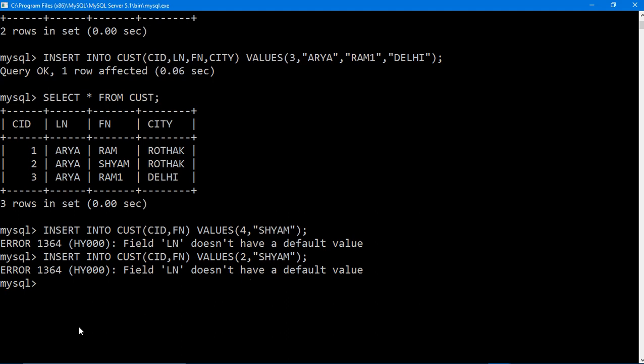Next is, if by chance I want to add one field and initially I left it out, or that was not decided, so what is to be done? The alter command, in order to add another field, a new field in the table along with the constraint. I am telling you: alter table CUST. Okay, add is compulsory. I am putting gender char.